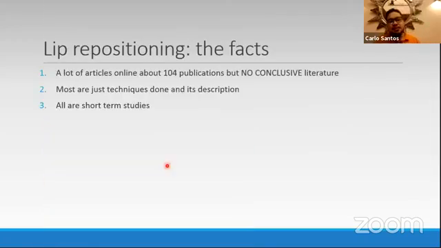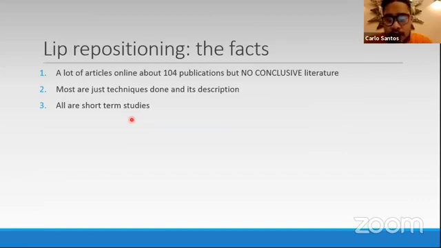Okay, so the facts. So a lot of articles online about 104 publications are present in the internet, but no conclusive literature. Most are just techniques done in its description. And all are short-term studies. There's really no journal, randomized studies that proves how lip repositioning works, or the long-term effect of this procedure. Okay, but